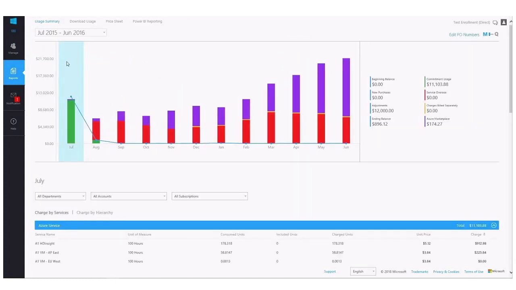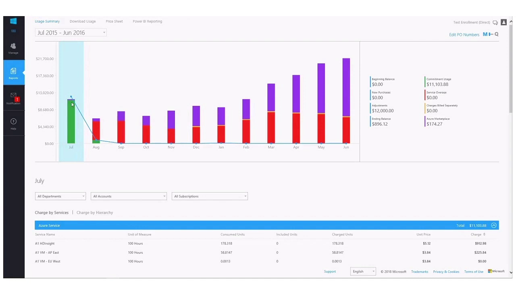Now for this enrollment, you'll notice that it started with a $12,000 commitment. This blue line represents the commitment that you start with, and it is going to change month over month. Most likely decrease month over month as your Azure usage grows. The green bar here represents your commitment usage. That's your normal Azure usage across all of the different accounts and subscriptions you have created. So this particular company started with a $12,000 commitment, and they actually used the majority of it in 1 month alone,